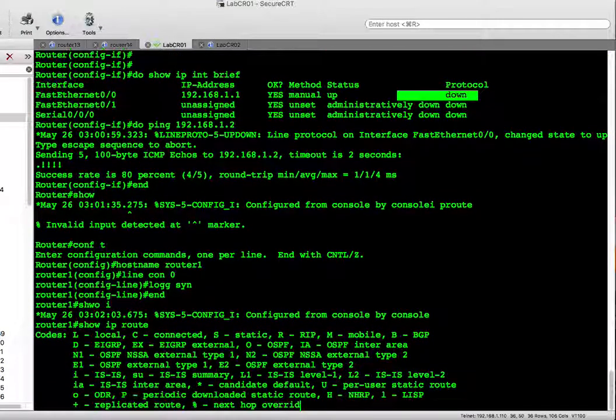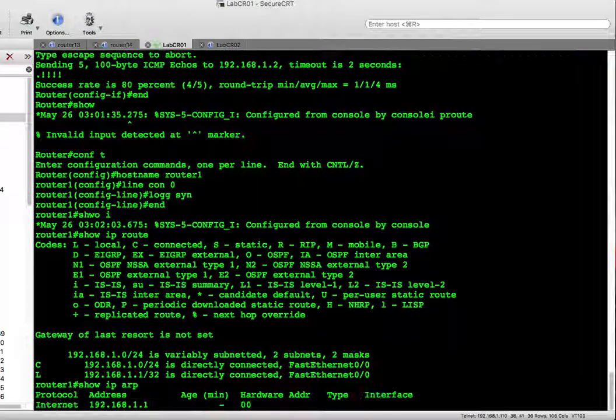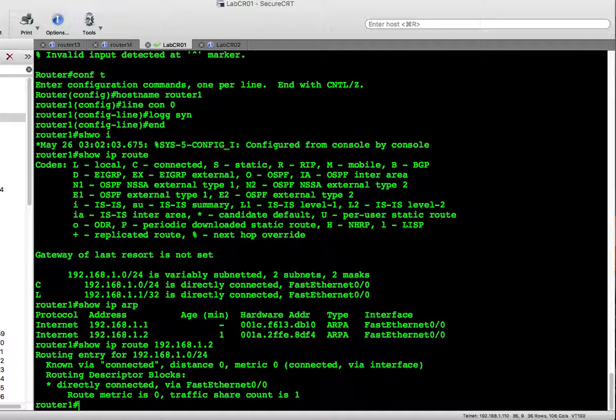Show IP route. And there we go, the routing table. I can show IP ARP. There's my ARP table, same thing as before. Show IP route to this neighbor, and it knows. Now let's do